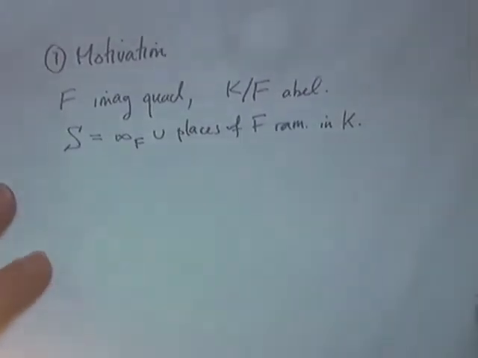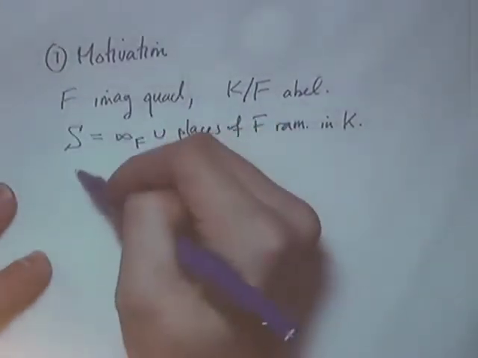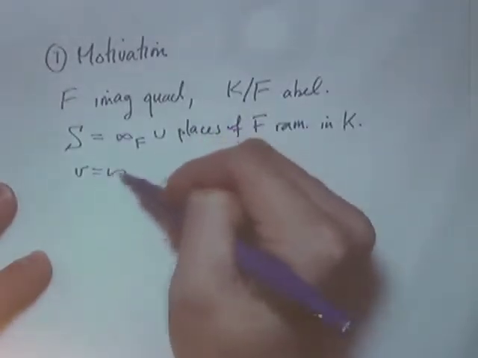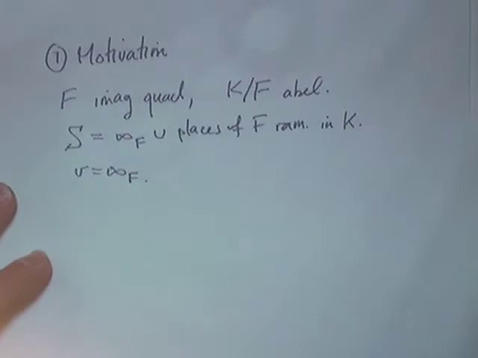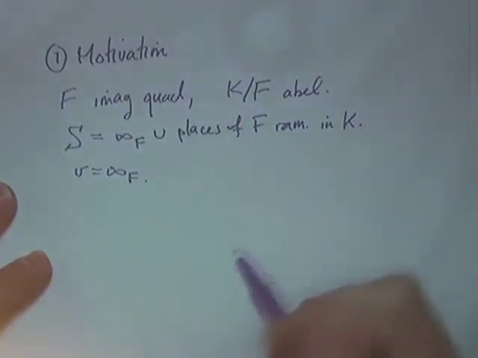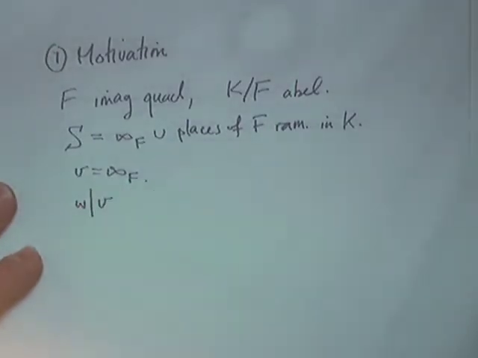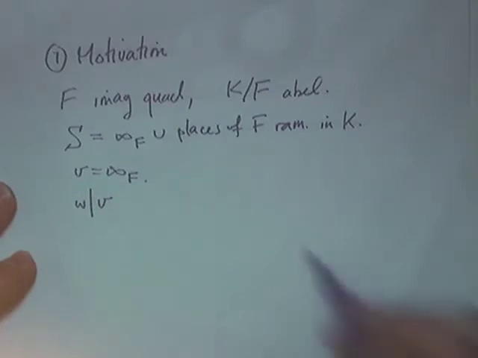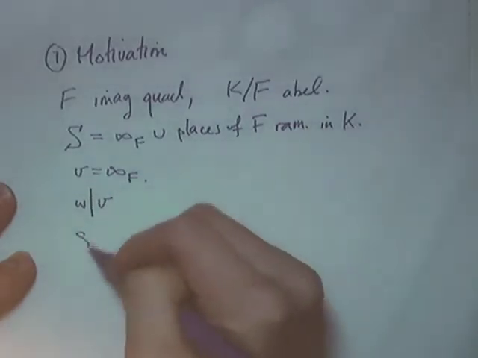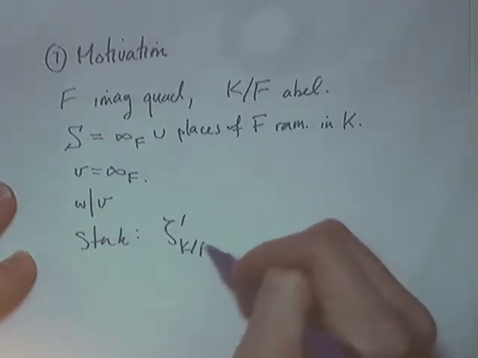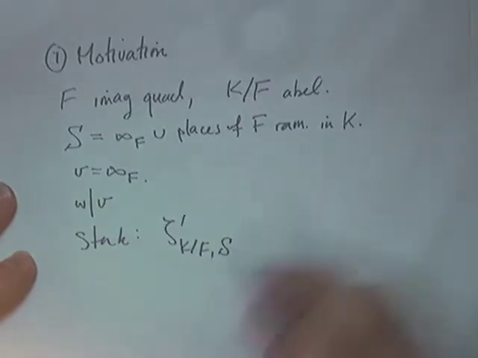Okay, and so I'll take V to be the infinite place of F. This is part of our data with which we state the Stark conjecture. And we'll look at a place W of K which divides V. And Stark's conjecture says that, in this case,